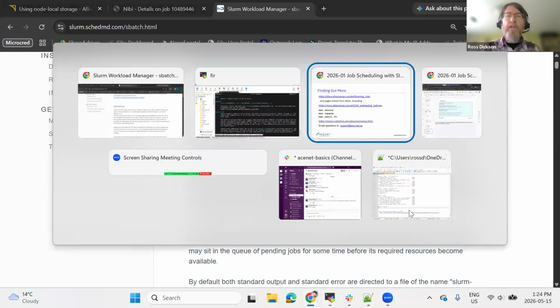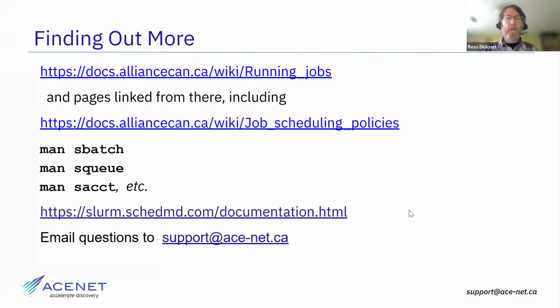So come back to there. Right. And I'm done. And look at the chat now. I think we can probably terminate the recording and we'll